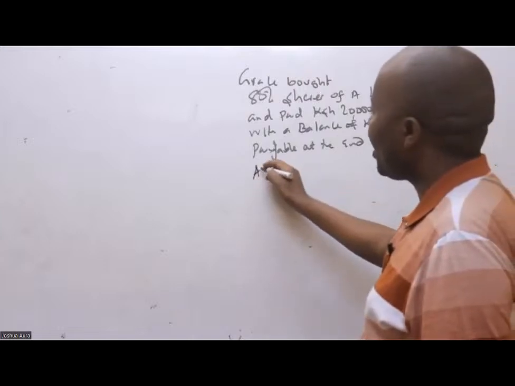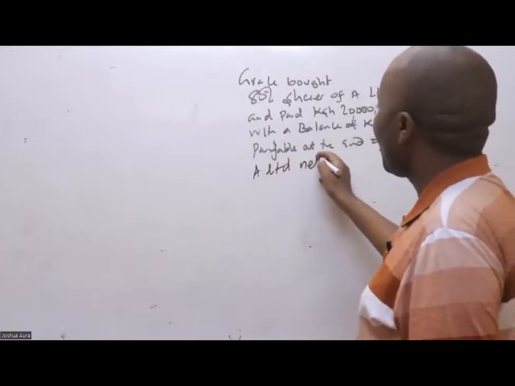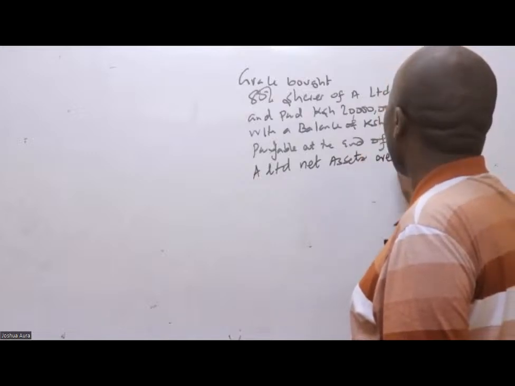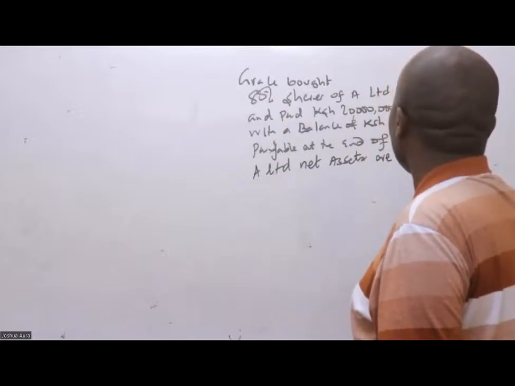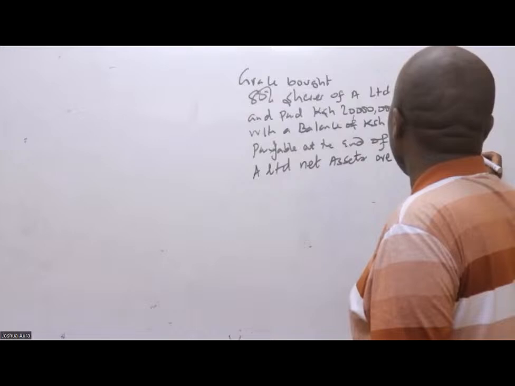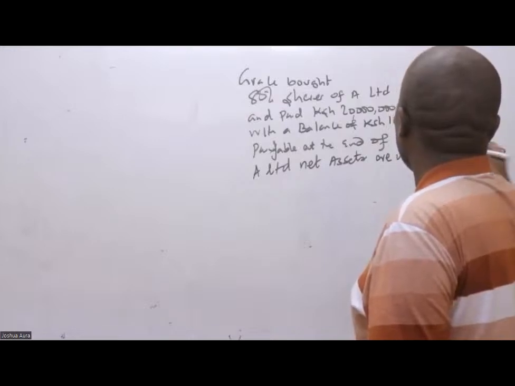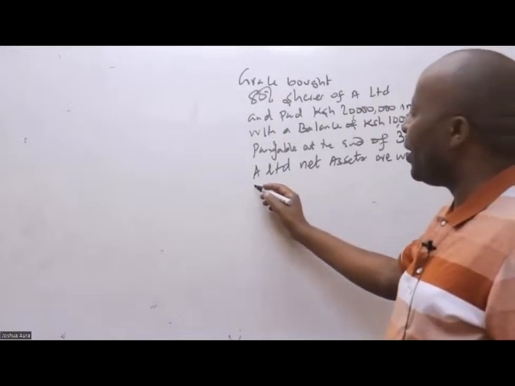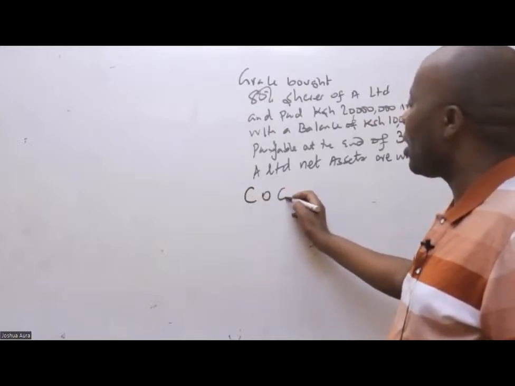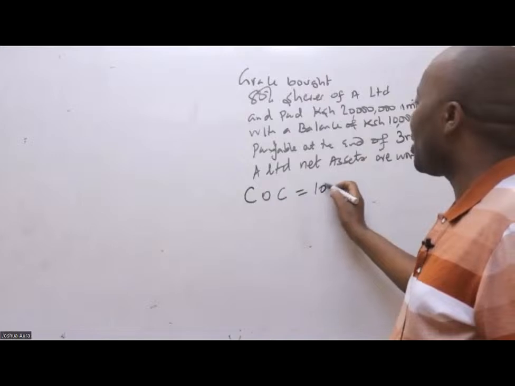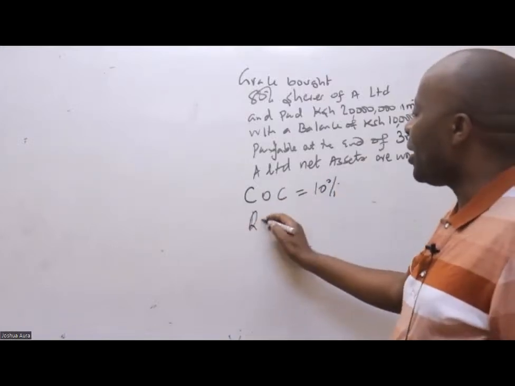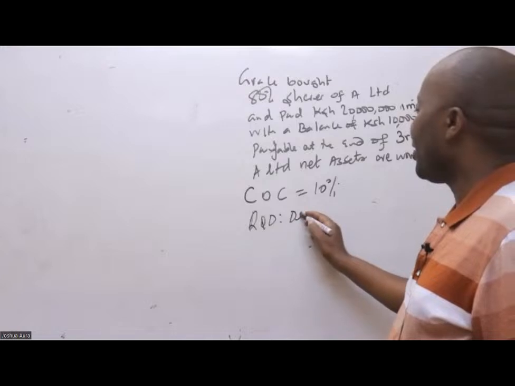A Limited's net assets are worth Kenya shillings 15 million. And then we are given here a discount rate of 10%, and then we are required here to determine